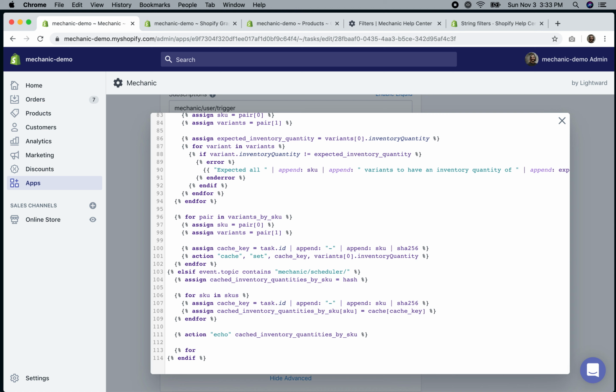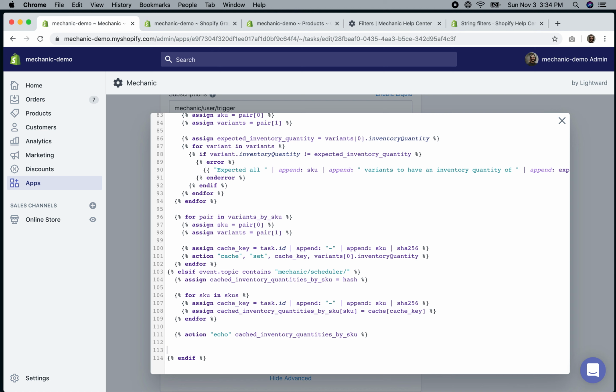We need to add up the distance, not the distance, but like the difference between each variant's inventory quantity level and that cached quantity. Take the sum of all of those differences,